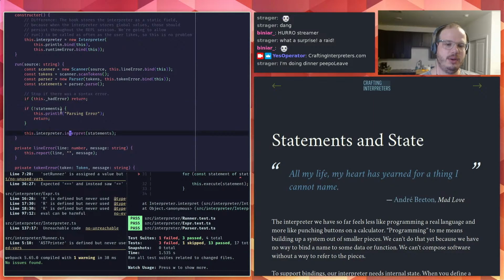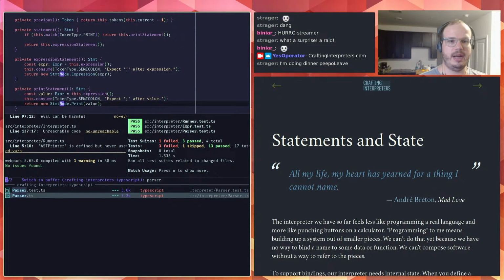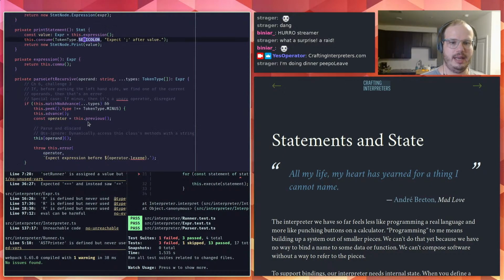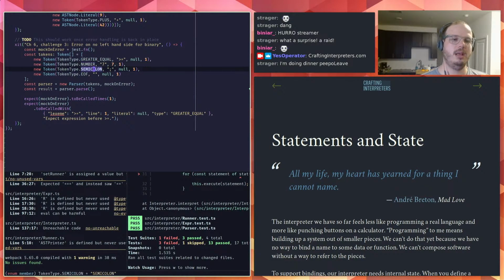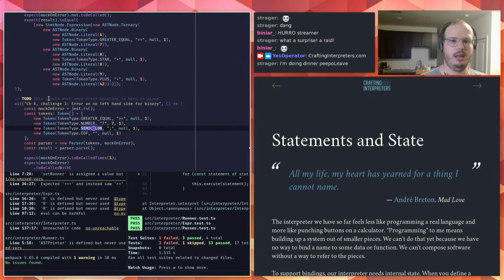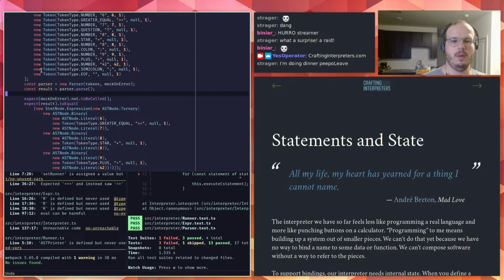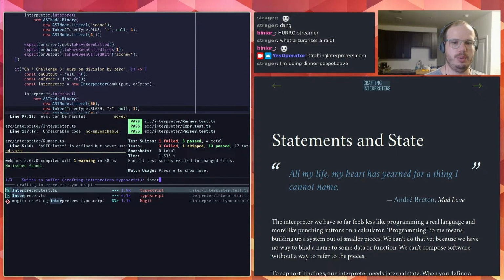Okay. So in my interpreter tests, I want to do exactly what I did in my parser test. So let me just grab what I did over there. First, I'll need this. Sorry, not that. This is not the test. This is the class. Parser test, please. Thank you. I'm gonna grab this. And then I think I still have this in my register P. Yes, so, okay. Go back to interpreter test.